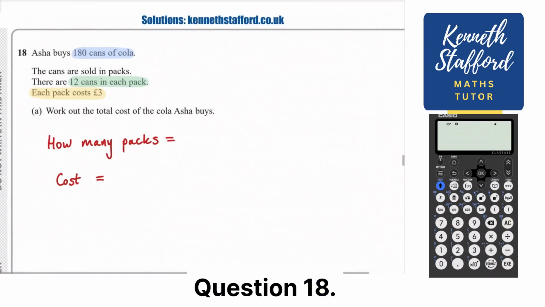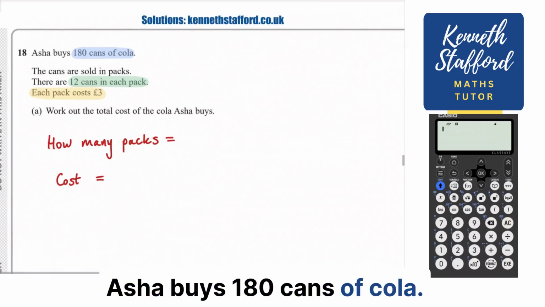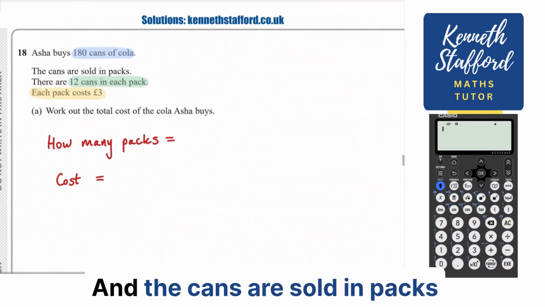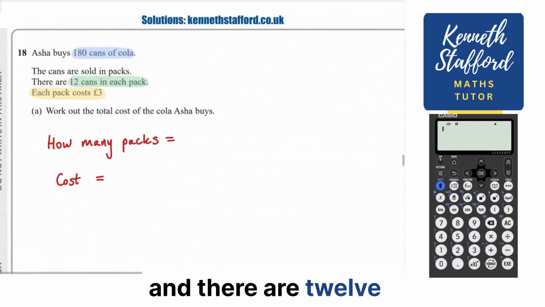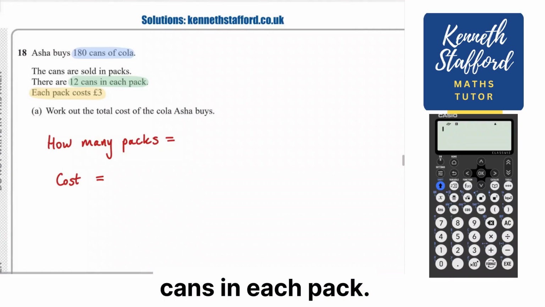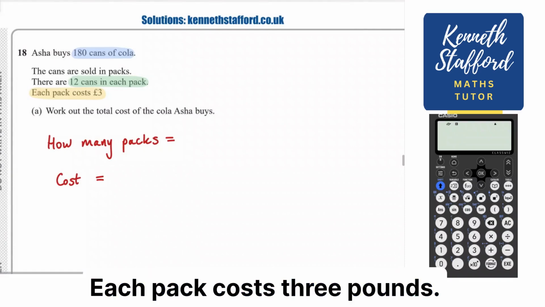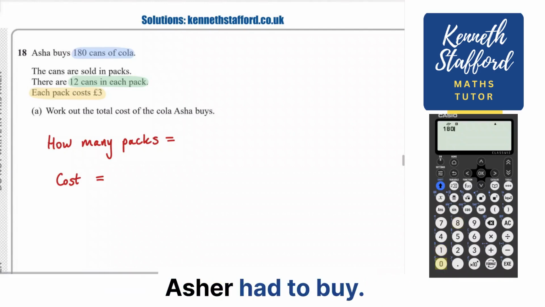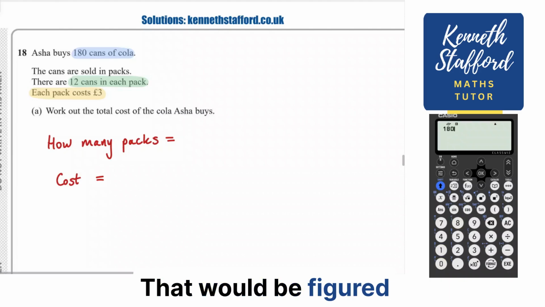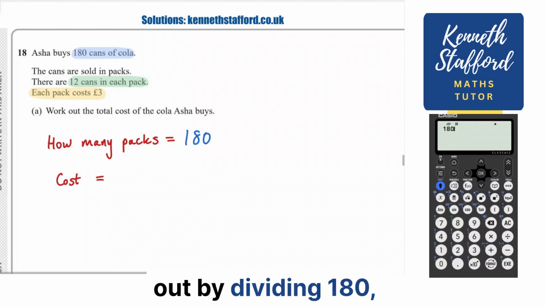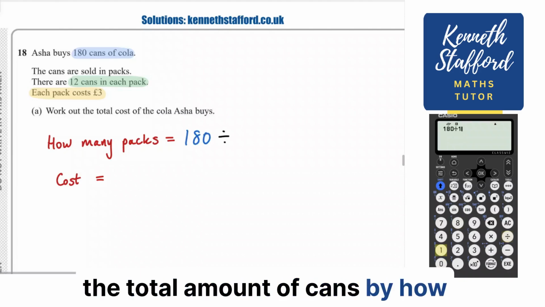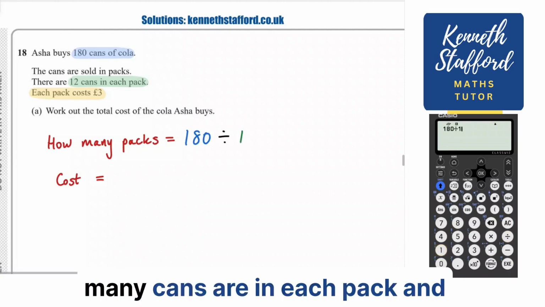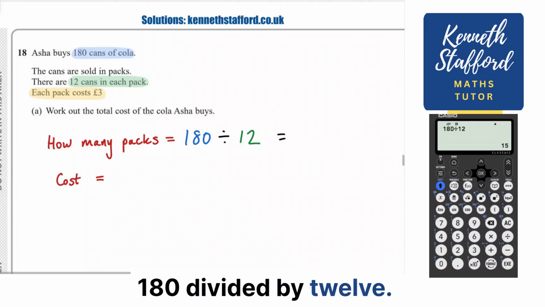Question 18. Asher buys 180 cans of cola, and the cans are sold in packs, and there are 12 cans in each pack. Each pack costs £3. So straight off, we can figure out how many packs Asher had to buy. That would be figured out by dividing 180, the total amount of cans, by how many cans are in each pack. And 180 divided by 12,